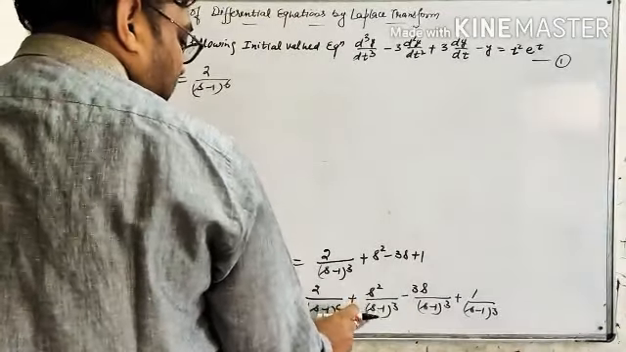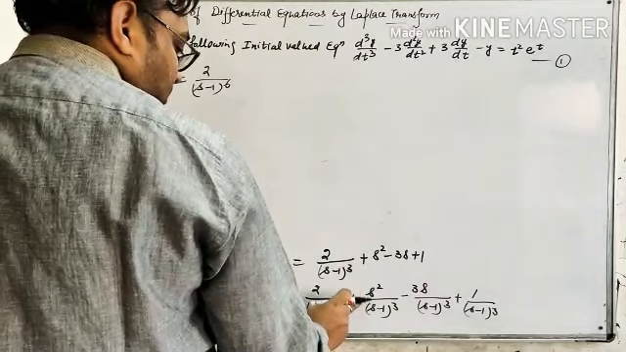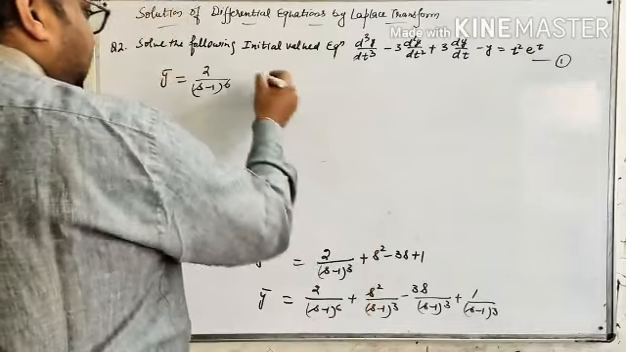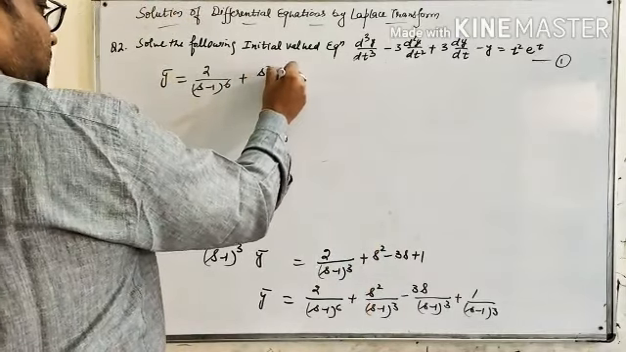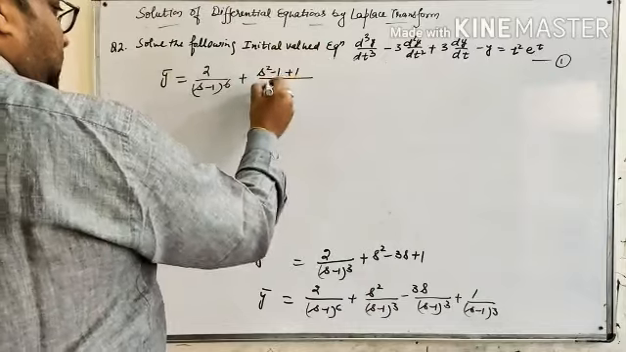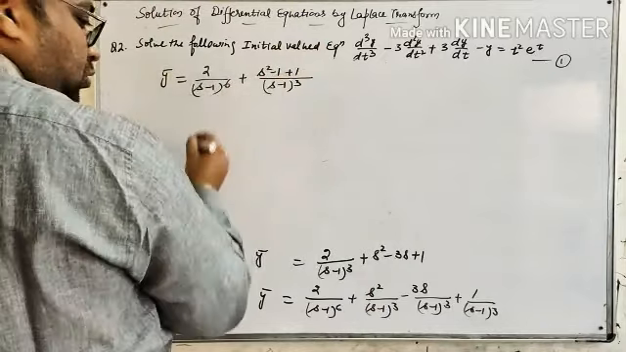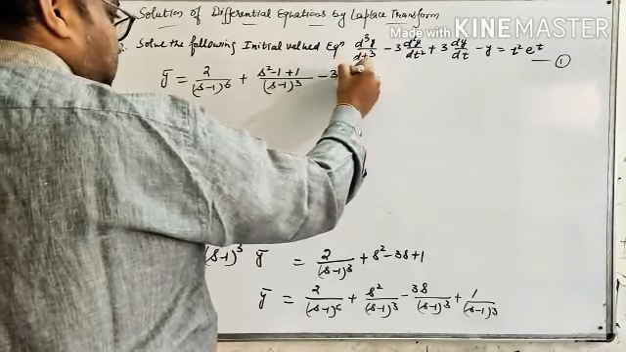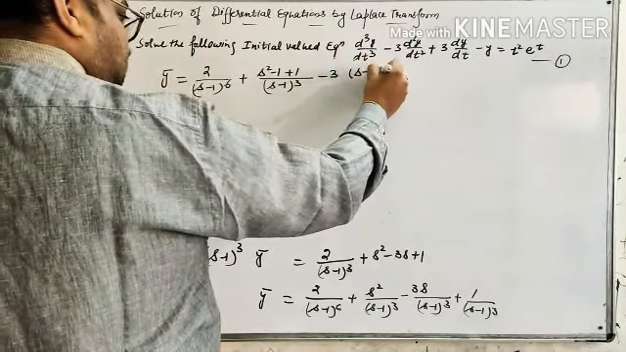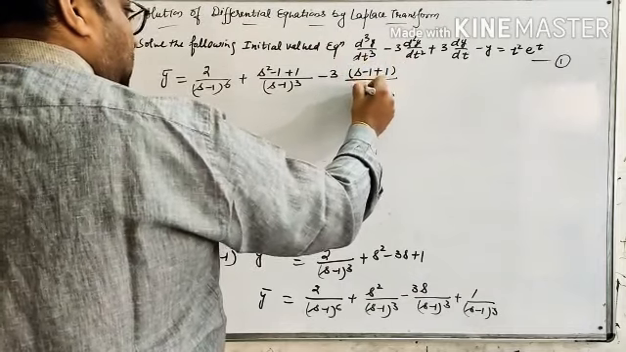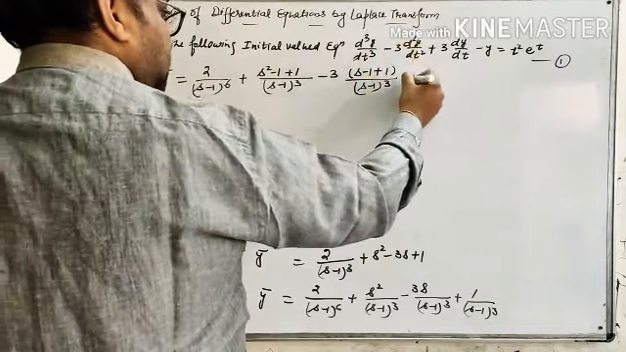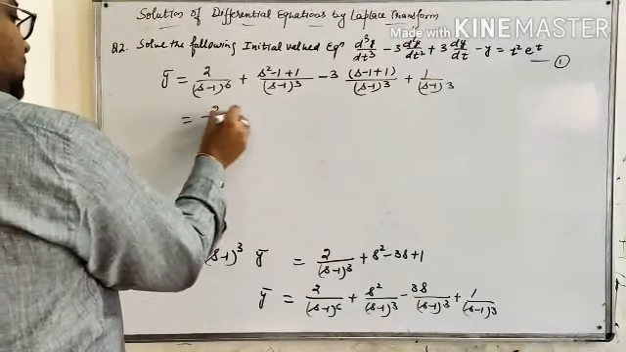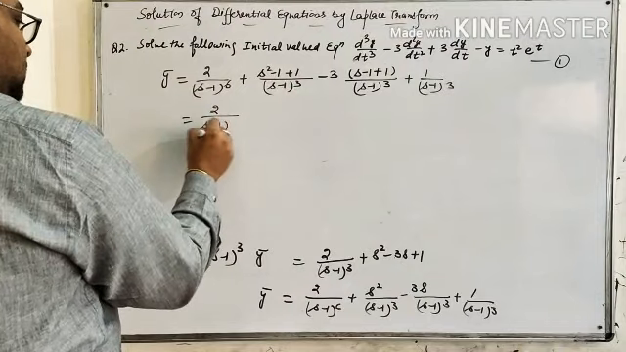Now we have to convert this s square, we have to remove this s square. So for this we can write it as s square minus 1 plus 1 upon s minus 1 cube, same as minus thrice s minus 1 plus 1 upon s minus 1 cube plus 1 upon s minus 1 cube, or we can rewrite it as 2 upon s